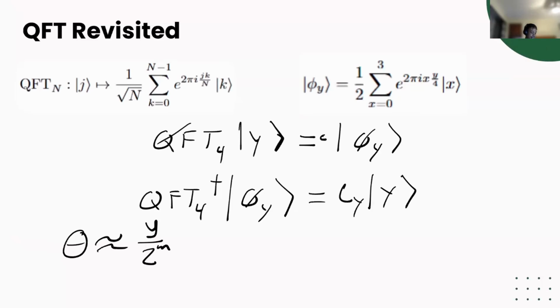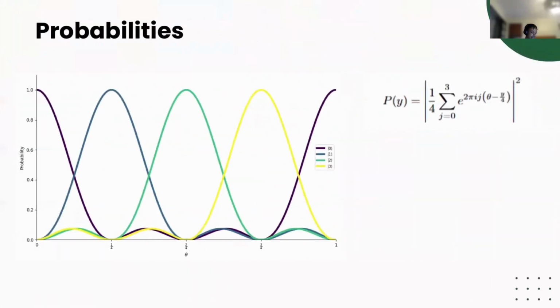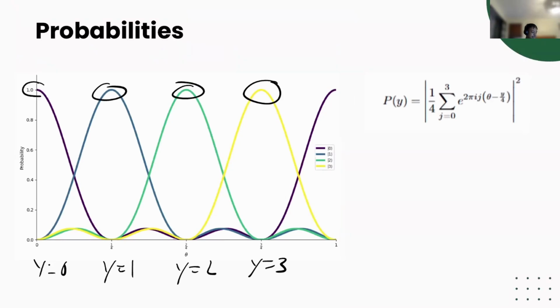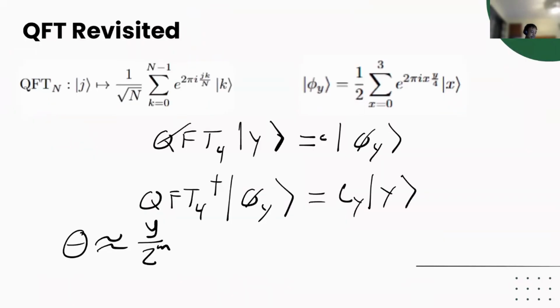So in the event that y is one of these exact values, then we're going to get the exact answer for theta. But you'll see here that what I'm saying is that when you're guaranteed to have y equals 0, y equals 1, y equals 2, or y equals 3, you get the full probabilities with the associated curves. But oftentimes we're not guaranteed to have theta be one of these values. There's no restriction on what theta can be between 0 and 1. But in the special case, we know that we'll get these exact values like this, and we can plot the probabilities as so. So this is what you get after applying the quantum Fourier transform.